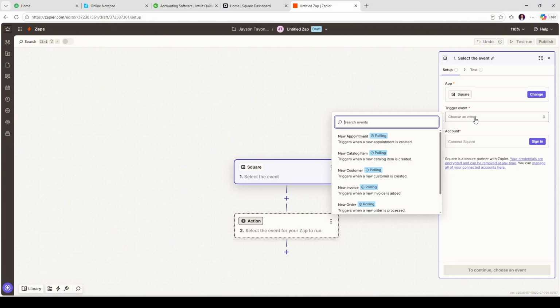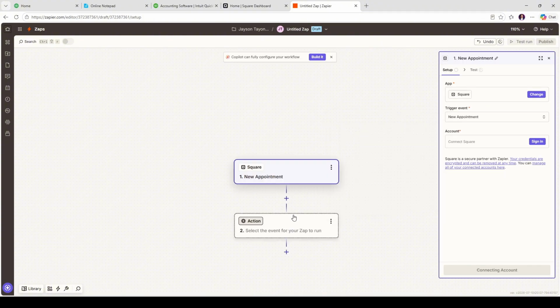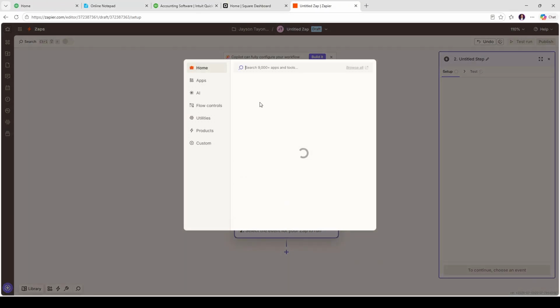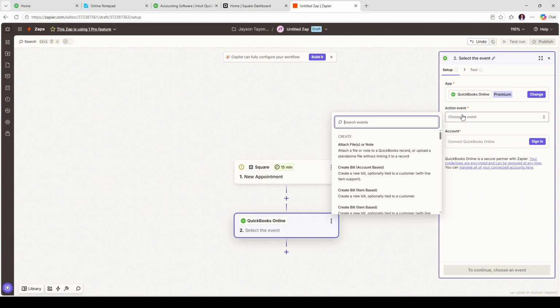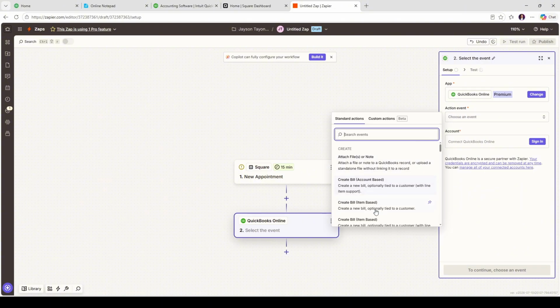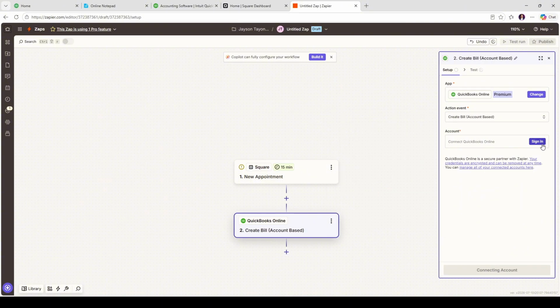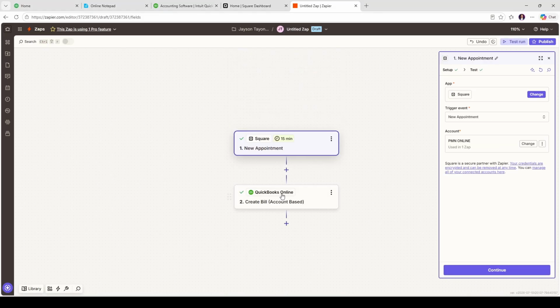Next, you'll need to sign into your Square account. This will allow Zapier to access the necessary data to perform the integration. For the action, choose QuickBooks Online and decide on the specific event you'd like to automate. This could be creating a new customer, generating an invoice, or any other action that suits your business needs. Once you've set up the action, click Continue and sign into both platforms to authenticate them. After setting up the integration, you can sit back and let Zapier handle the data synchronization between Square and QuickBooks